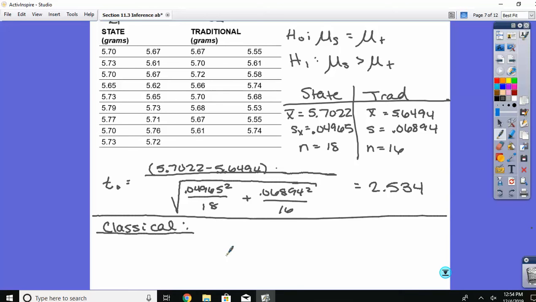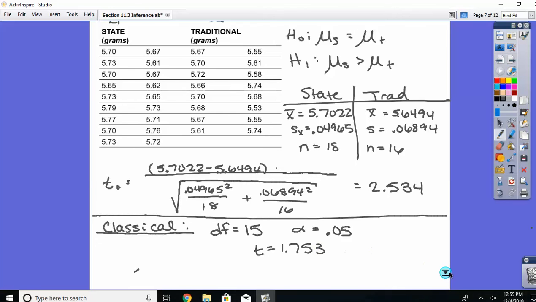When we look at this, we need to know how many degrees of freedom we are using in this problem. 15, because this one was 18, this is 16, so 16 minus 1 is 15. What was my alpha level that I wanted you to test? Okay, so the classical approach says we have to find our t value to match the degrees of freedom and the alpha. So at 15 degrees of freedom and 0.05 for my alpha, we get the t to be,